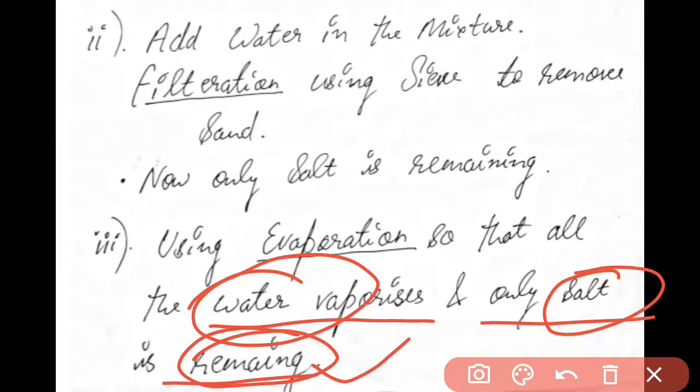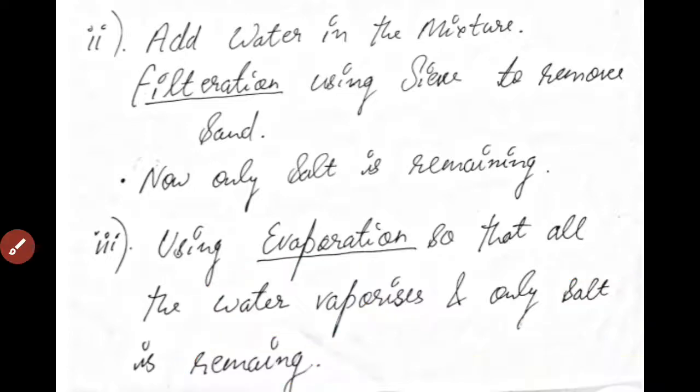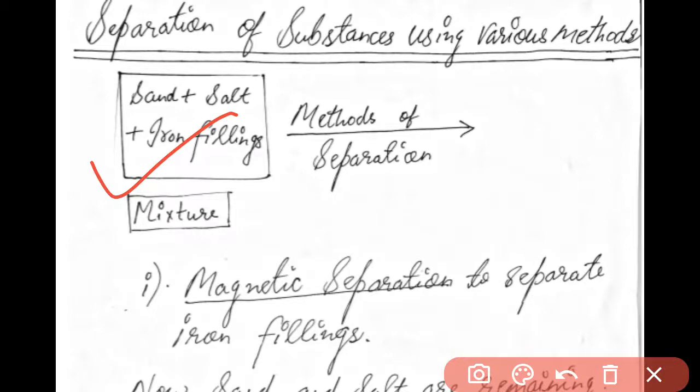This type of problem, where you have to separate these types of substances, can come up in your daily life. So you just have to think a little bit about it. You have to think about all the methods of separation you have studied till now, and sort out some of the methods by which you can separate that mixture into various components.